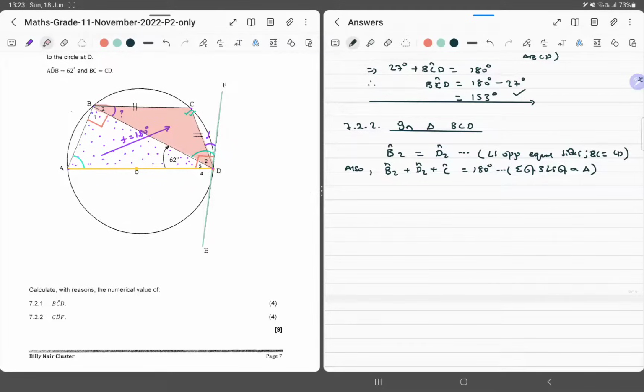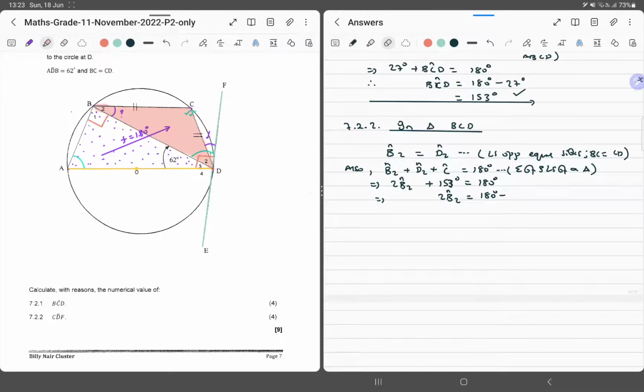We've stated what triangle we're talking about, so we can just simply jump in. B2 plus D2, because these two are equal, we can just say twice B2 because we want our B2 to come to our rescue. So that one was 153 degrees is equal to 180 degrees, which implies that 2 angle B2 is equal to 180 degrees minus